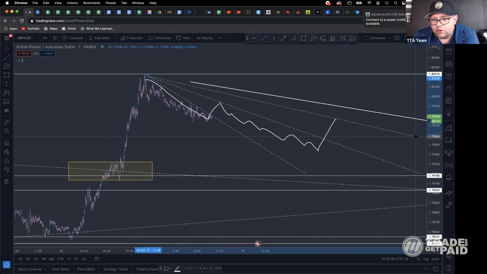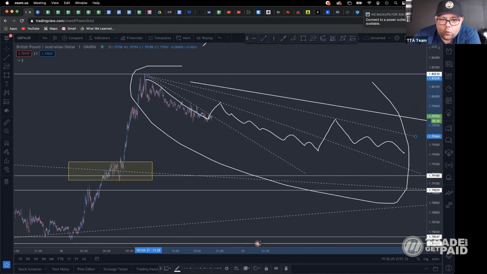Right? I'm running out of room here because it's a 1 minute chart. I hate the 1 minute chart. But at some point, what's going to happen? Either that's going to continue up and we know that we don't have a reversal yet, or we're going to eventually move down. And at some point, we're going to have enough 1 minute movement,